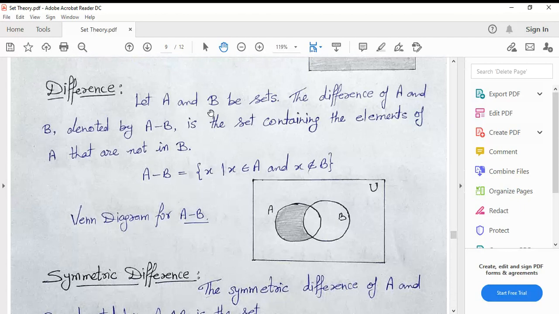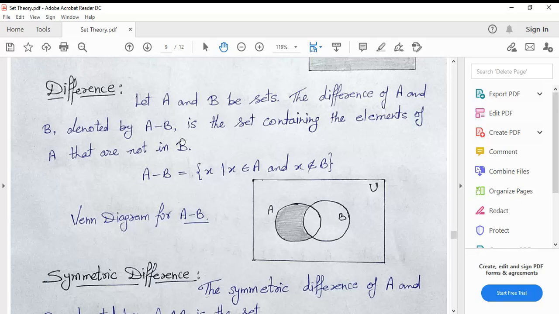So if we have two sets A and B, then the difference of A and B is denoted by A minus B. And what is A minus B? It is the set containing the elements of A that are not in B. So what will be the elements in the difference A minus B?